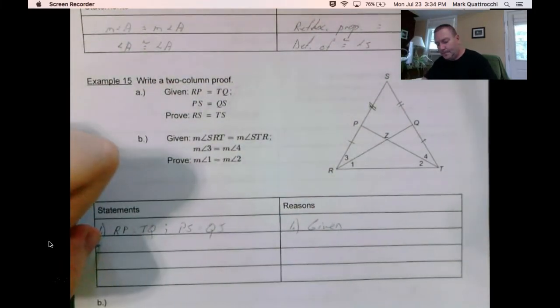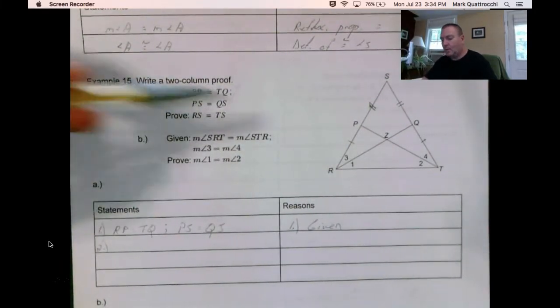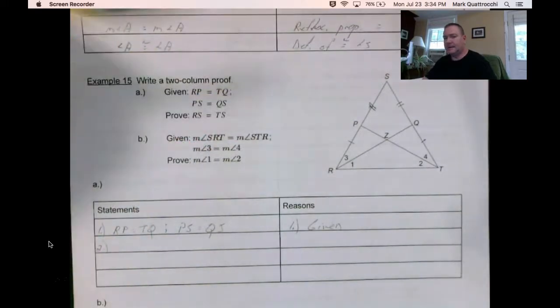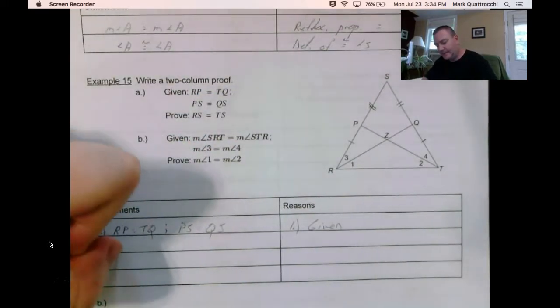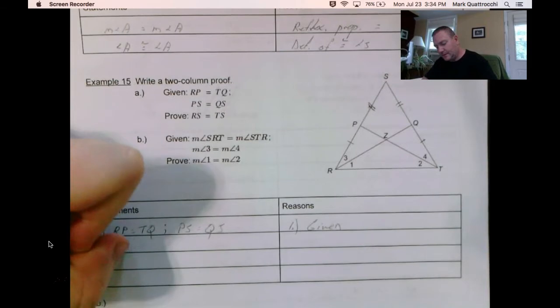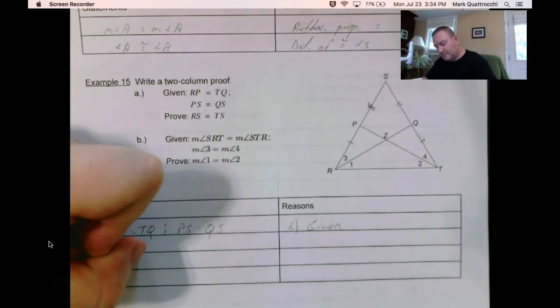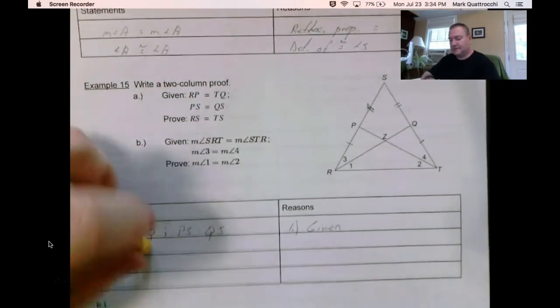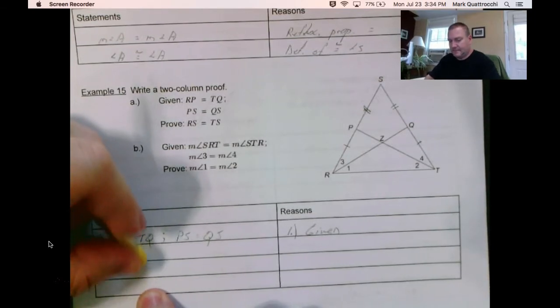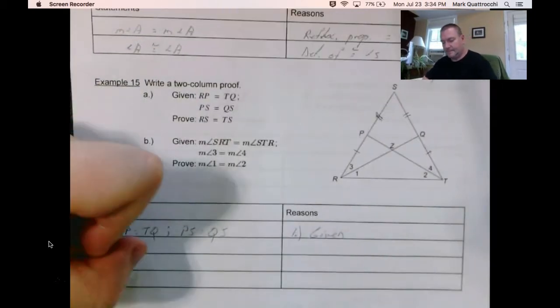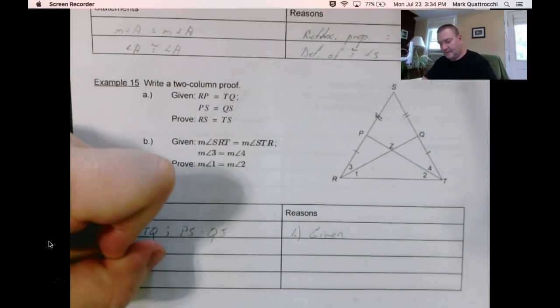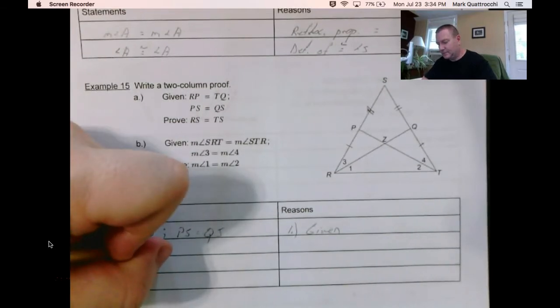Statement 2. What do I know about RP and PS? Well, if I combine them, measure of segment RP plus measure of segment PS is equal to measure of segment RS